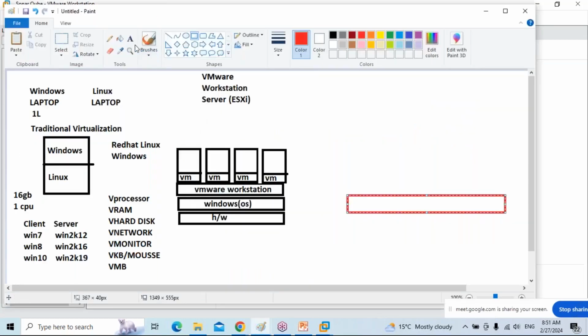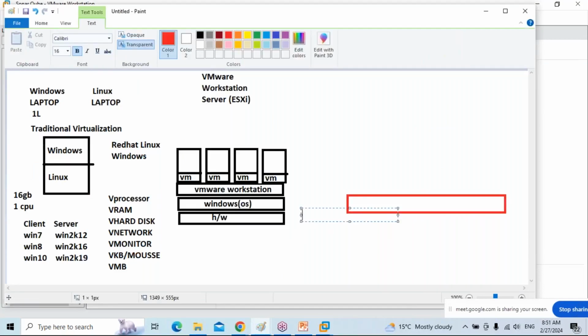Server means what? Higher-end server. This server has like 32 GB RAM, 64 GB RAM, 128 GB RAM. There are some servers with 1 TB RAM, 4 TB RAM, 8 TB RAM also. And processors are 32 CPUs, 64 CPUs, 92 CPUs. I'll show you the servers in AWS.